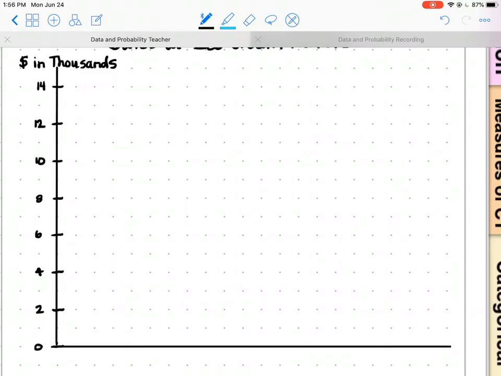Okay, the first one, I'm going to go up here to my 8, and I'm going to make a bar right here. And then right beside it at the 6, I'm going to do the same thing. So I want you to draw what I just drew. The first bar to the 8 and the second bar to the 6,